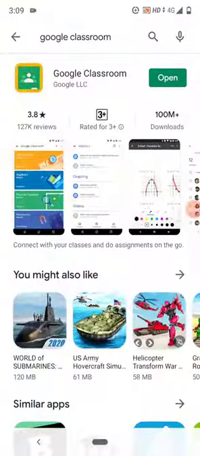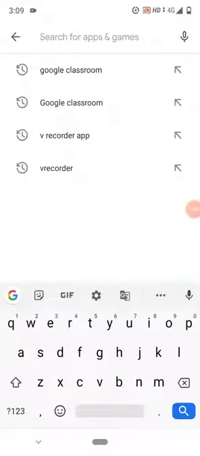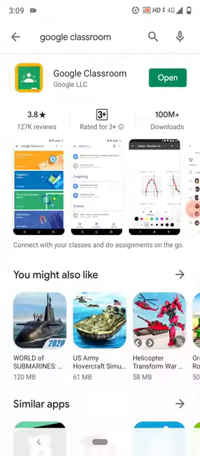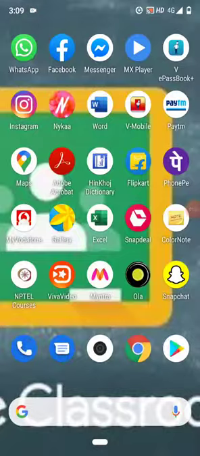If you don't have a Gmail account, then first create it. After that, go to the Play Store and type Google Classroom. As this app is already installed on my phone, only the open button is available. After installing, you allow all the permissions of your device. I will show you how you